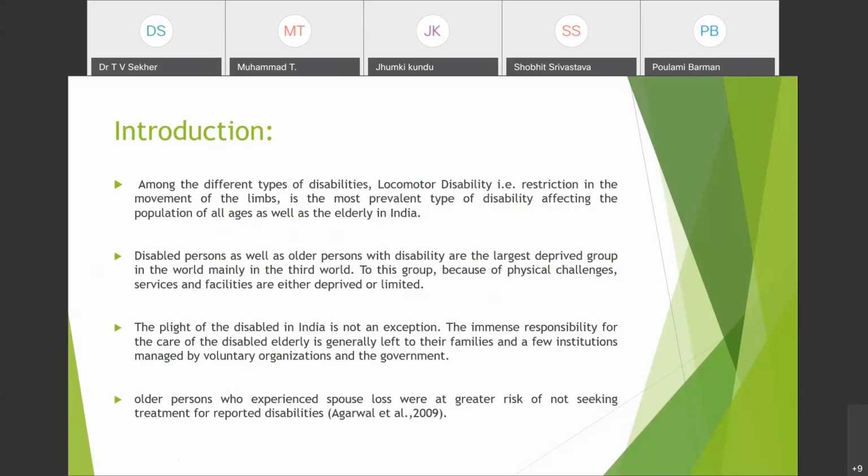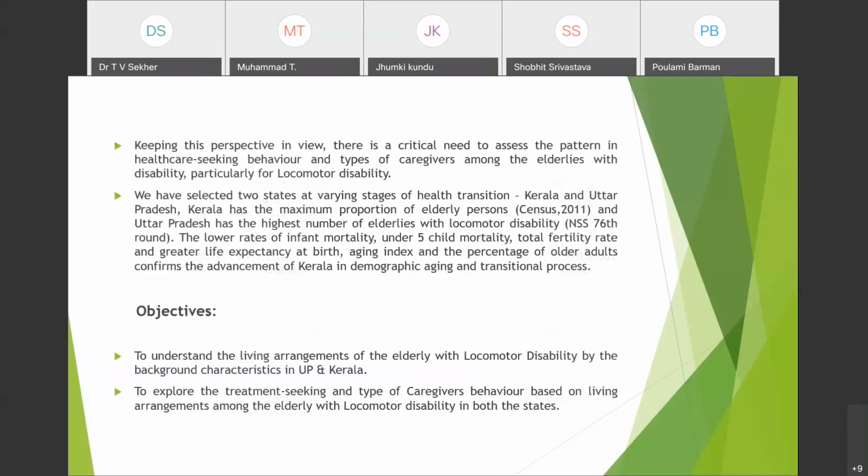As per the previous study, it has been found that an available spouse provides much-needed care to an older adult requiring care. When the spouse is absent, the children are likely to provide all care more than other relatives or friends. Also, older persons who experienced spouse loss were at greater risk of not seeking treatment for reported disabilities. In this regard, the treatment-seeking behavior of disabled older persons by their living arrangements is a complex phenomenon and remains